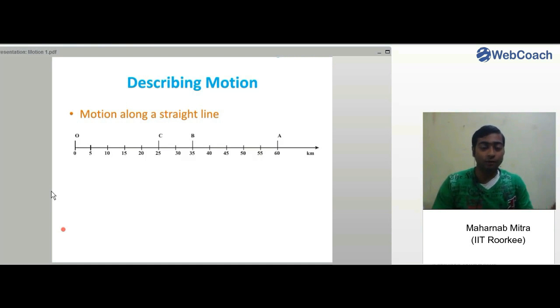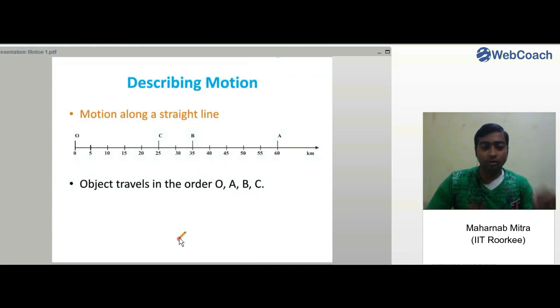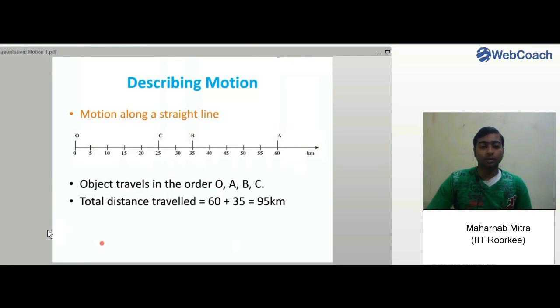The numbers denote the distances from the reference in kilometers, right? 5 kilometers, 10 kilometers, 15 kilometers, and so on up to 60 kilometers. Now suppose an object travels in the given order from O to point A, and from point A to point B, and then from B to point C. Now if an object travels in this fashion, then the total distance traveled by it will be